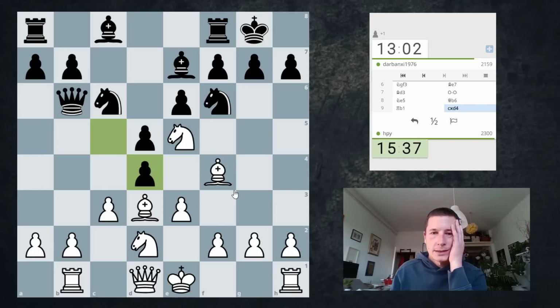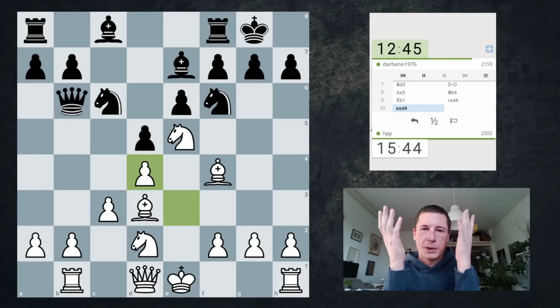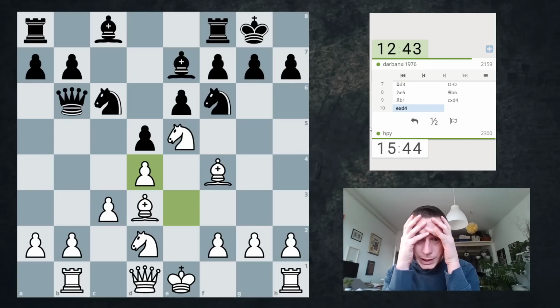Okay, takes. I'm gonna take. Now if he takes on e5, I take with the bishop, because I don't want to open up his queen. This still doesn't help the bishop on c8, so nothing much has changed except for the fact that I have rook e1, e3, and coming to the king side. Okay, now